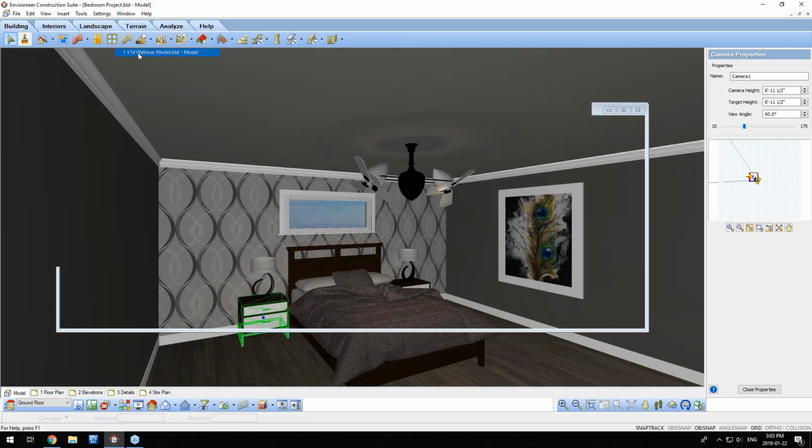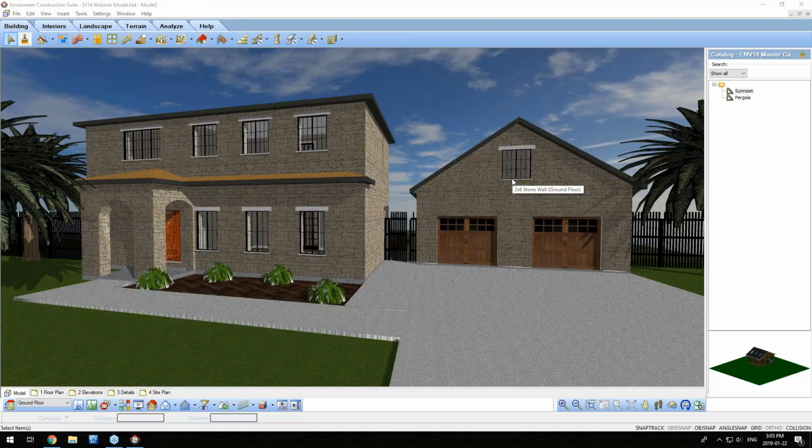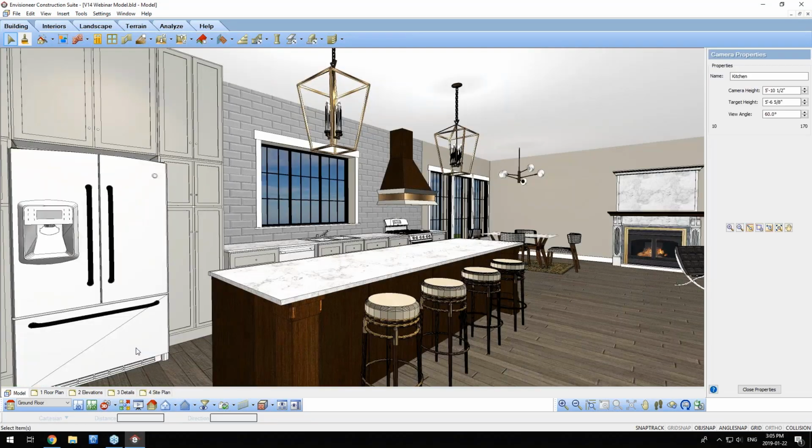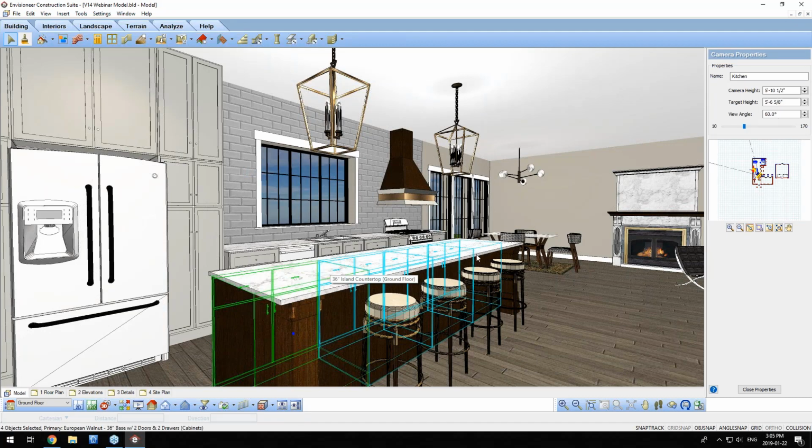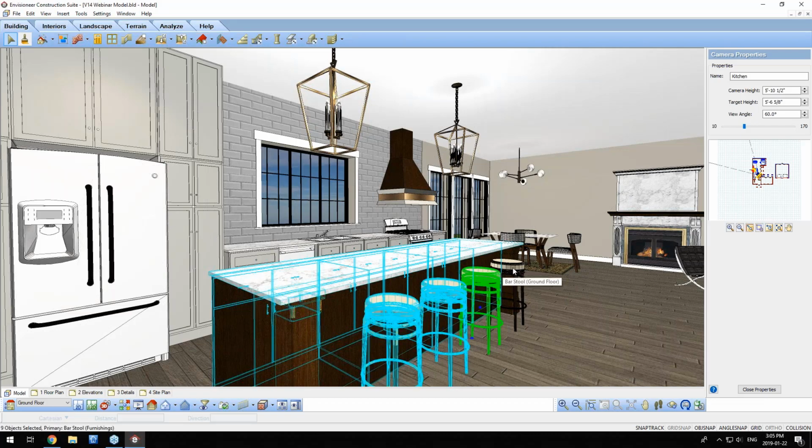I'm going to go back to our original model. I'm going to go into a kitchen view here. So I'm going to go into our kitchen. And with this kitchen layout, I want to be able to use this island layout again in a new model. So I'm going to select the cabinets. I'm going to say select all similar, all the ones that were used here. Hold down shift. And there's also some columns in here, some chairs that I want to bring forward with that. Another column over here, maybe even the pendant lights, just some various elements that I want to keep and group